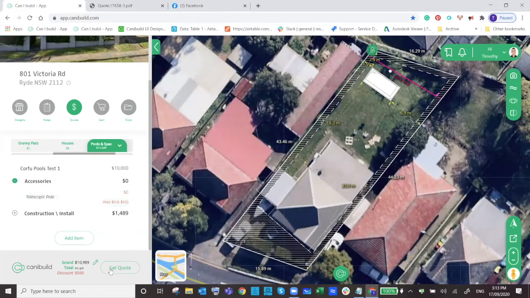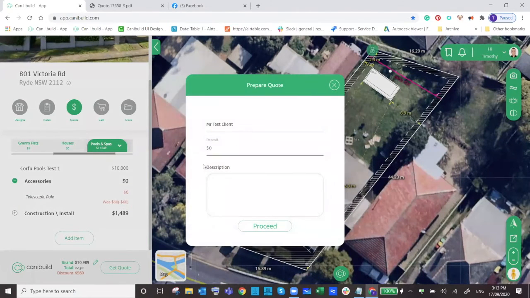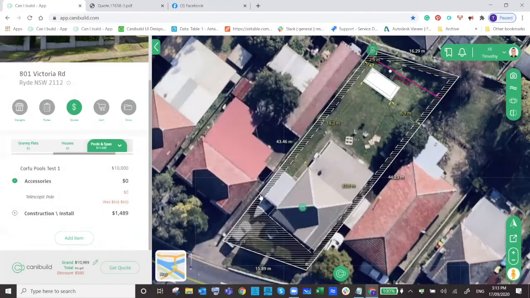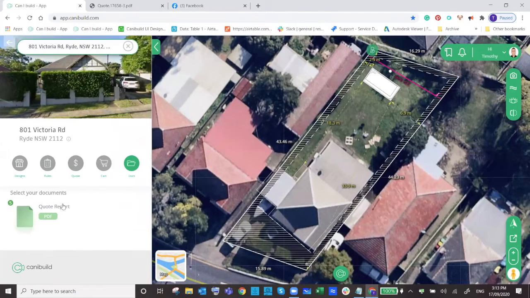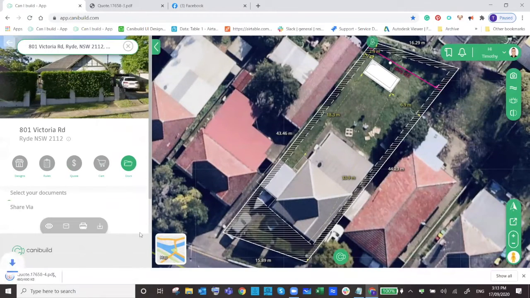So now what happens is, if we click get quote, and say we place that 500 deposit, and then we say discount for 7 days only, and click proceed, it will just regenerate that quote. In Docs, you can see there's a number 5, so it's keeping track of your versioning. So click on download,